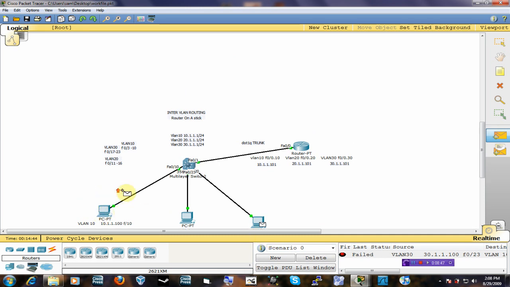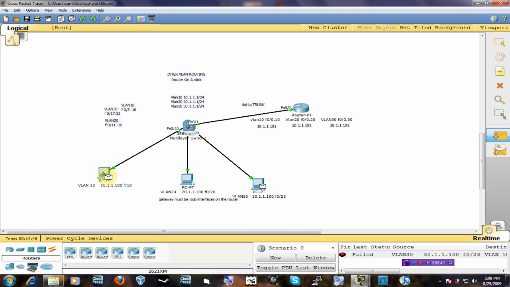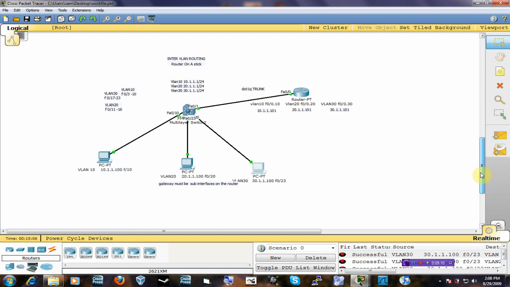So from VLAN 30 we can ping VLAN 10. From VLAN 30 we can ping VLAN 20, and from VLAN 20 we can ping VLAN 30. So we can see that our configuration is successful, so VLANs can now route between each other,